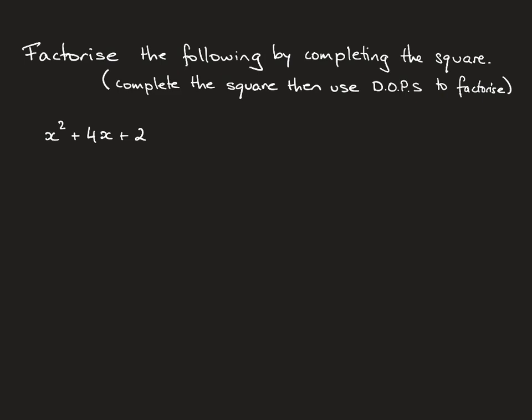Okay, so the normal instruction for the question will say factorize the following by completing the square. So the only time I suggest that you ever complete the square is if you're told to complete the square. Otherwise, try everything else that you can to avoid it. But anyway, here we go. So the first thing we need to do is to identify our b, and this is our b here. So our b is our coefficient of our x term. So our b is equal to 4, and so our equation becomes